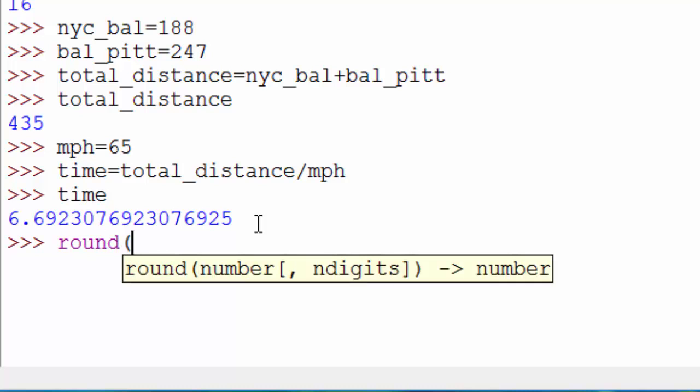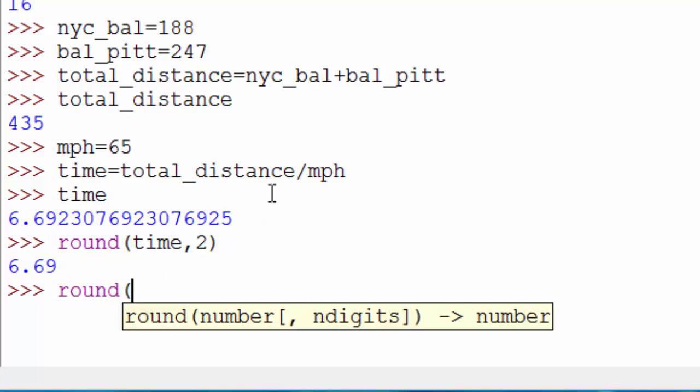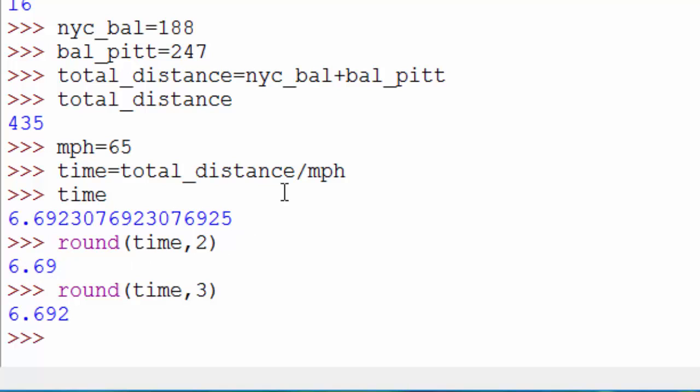see in the tooltip, a number. So your number is time, and then how many decimal points you want to see. So you can say 2. So it is showing it, as you see, after the dot you now see only 2 decimal points, 1, 2. If you want to see 3 decimal point precision, you can do this and it will show you 3